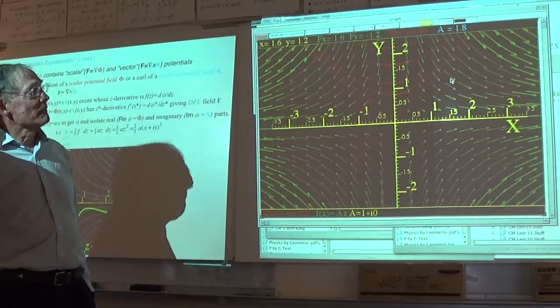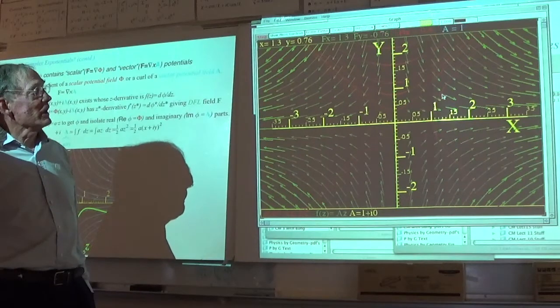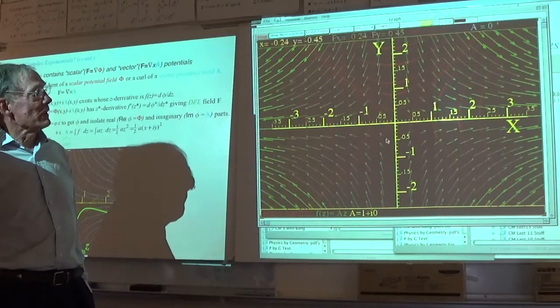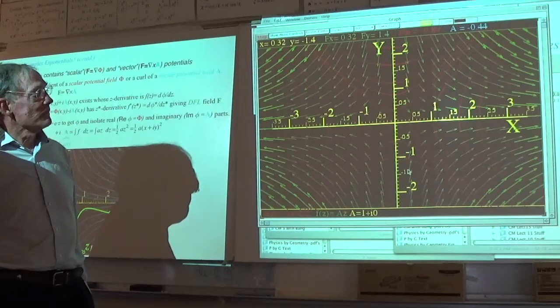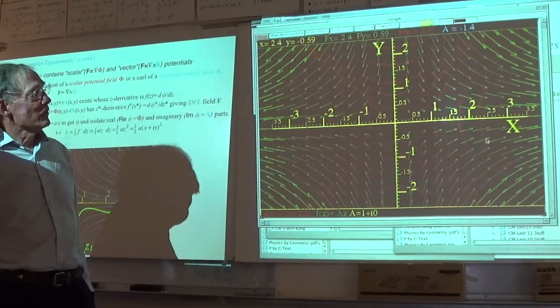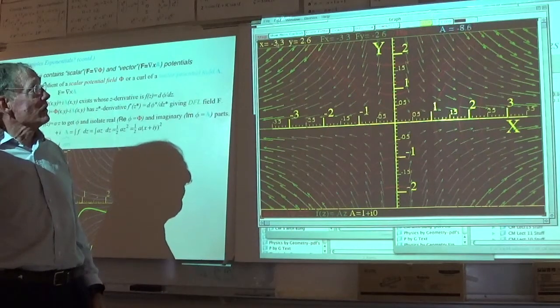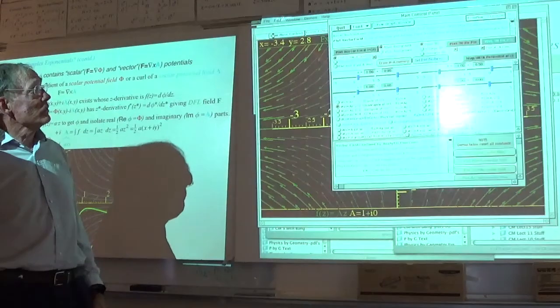Everywhere I click, I'm making the scalar potential equal a constant. Those are the red lines. Red for hot, I guess, if you wanted to think about a voltage. This would be if this was an electric field. Okay? So there is that. Now this will remember those curves if I go back to main control here.